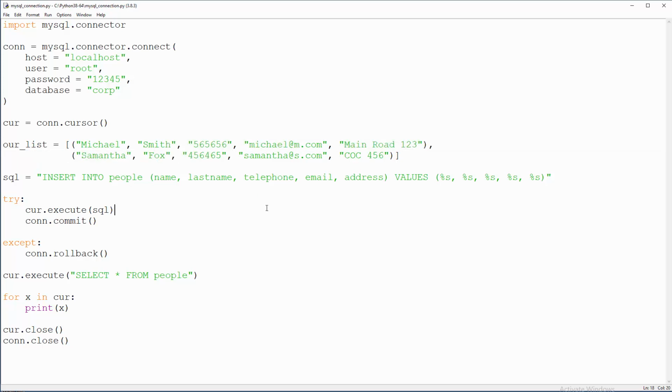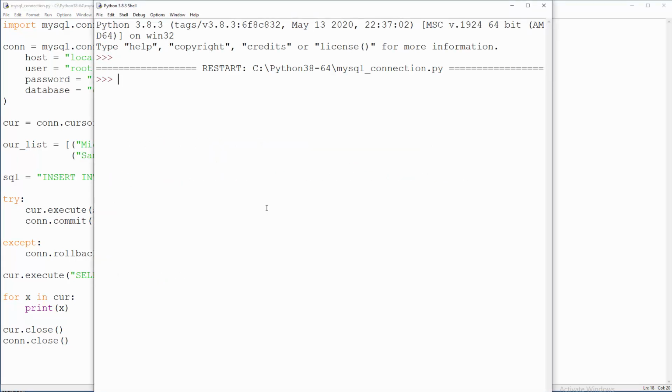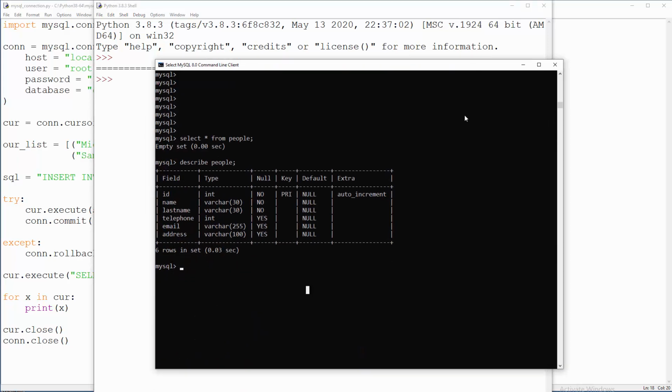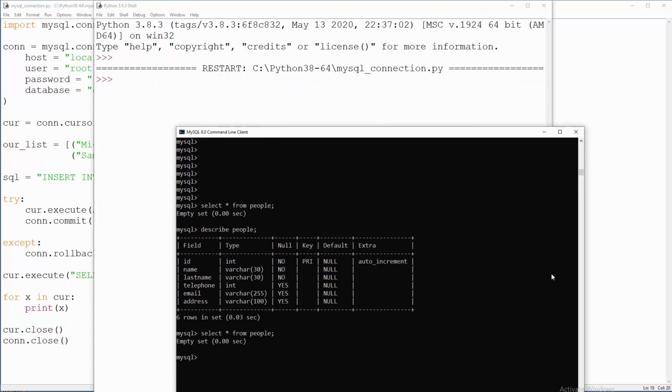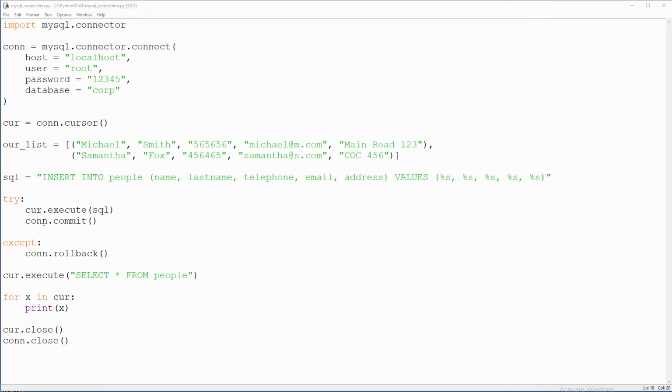Okay, so what's gonna happen if I press F5 now? You expect that something will be cool, and if you check what's happening here with select all from people, nothing. Well, why is that so? Here's the situation. See this thing here? You cannot use execute anymore because you are not working with one row here. You're working with multiple rows, which means that you must use execute many,